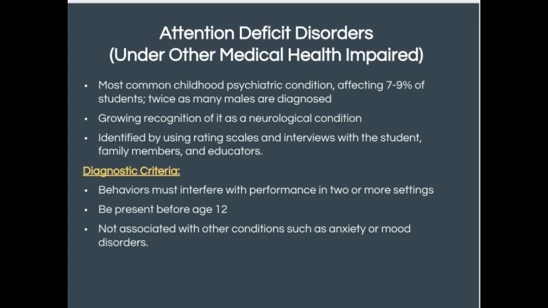So we still have about 7 to 9% of our students being diagnosed with this. Actually, that's a bit of a drop. We found that earlier we were diagnosing kids with attention deficit disorders who maybe had dyslexia or even autism, because we didn't have a handle on what those conditions were. Once we were able to sort out how those things were different from attention deficit issues, that number dropped a bit. So 7 to 9%, but definitely more males are diagnosed than females.